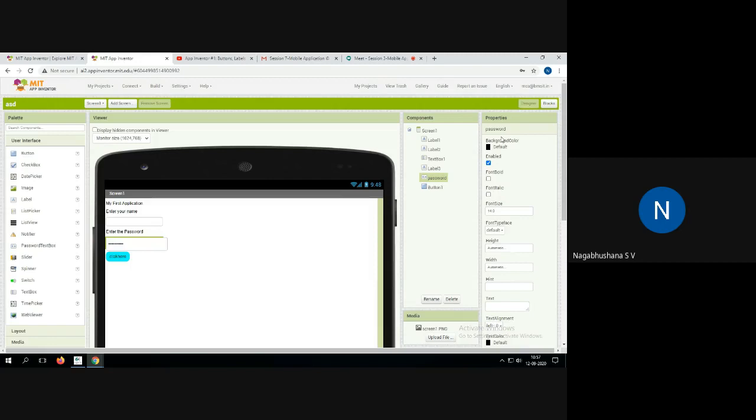Next, the fourth column is properties. In the fourth column, for whatever components you are using, I can change the background color if I want. Here you have assigned a blue color. You can just click on this, whatever color you wanted to put for a specific component. All these things can be applied to this specific component.